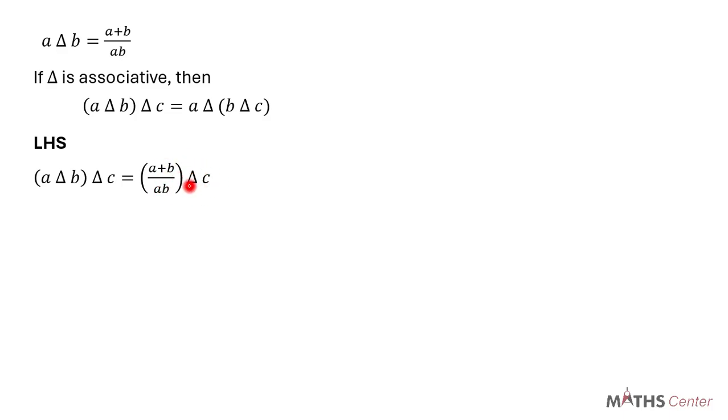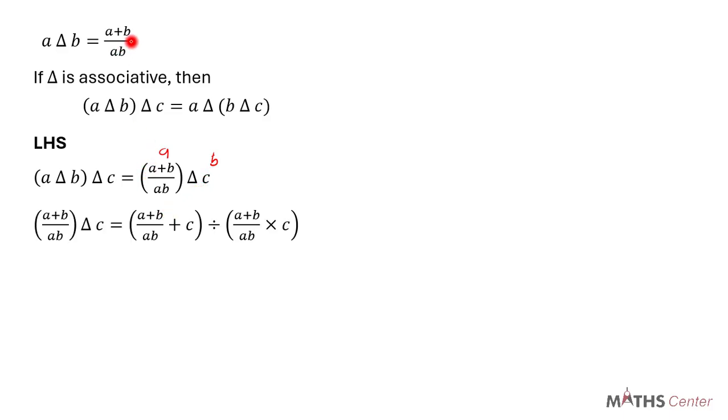Now we can compute this. The definition of the binary operation is a delta b is equal to a plus b divided by ab. So if we compare a delta b to a plus b divided by ab delta c, we can see that a is a plus b divided by ab, and b is c. So when we substitute this into the definition of the binary operation, a plus b divided by ab delta c